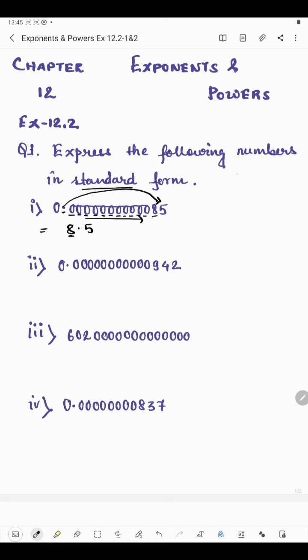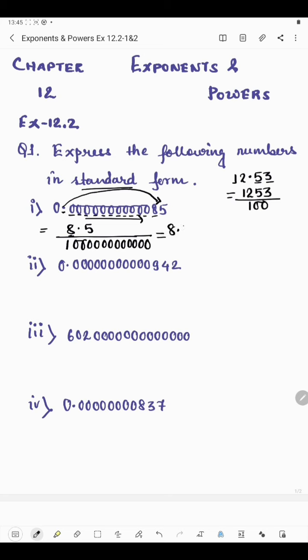Now suppose you have a number, say 12.53, and if you want to remove the decimal, what will you get in the denominator? If you remove the decimal, it will become 1253, and since after decimal there are 2 digits, with 1 there will be 2 zeros. Similarly here, since decimal is shifted 12 places to the right, with 1 will be 12 zeros. 1, 2, 3, 4, 5, 6, 7, 8, 9, 10, 11, 12. So we will write 12 zeros with 1 in the denominator.